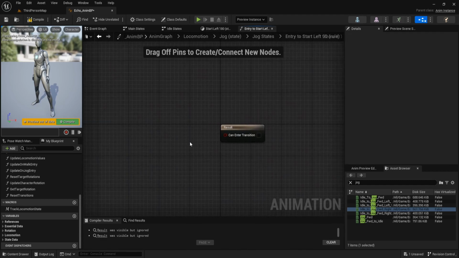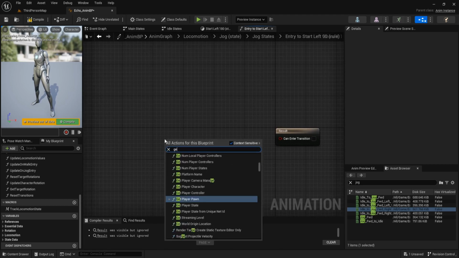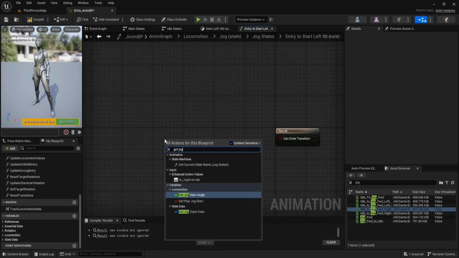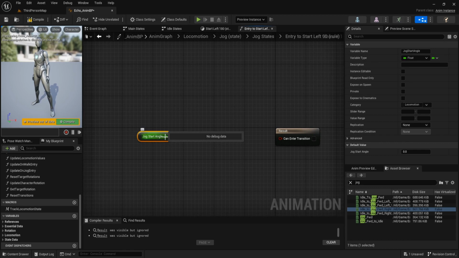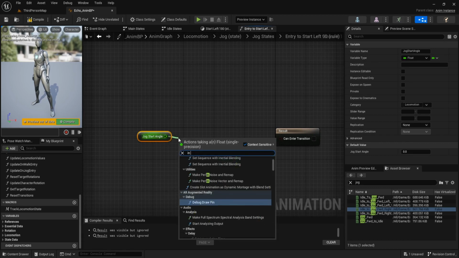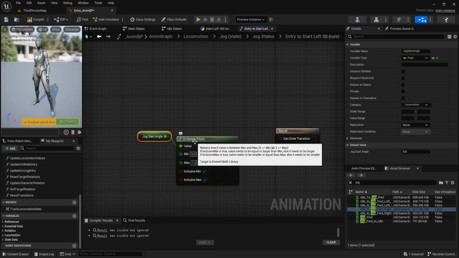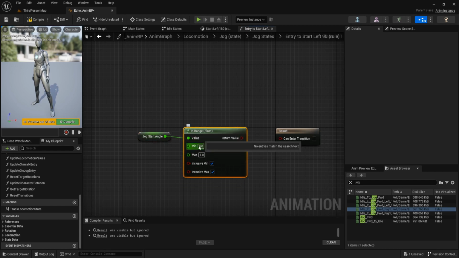Double click on this. Get jog start angle, call in range, float. The min is minus 135 and max is minus 45. Connect it to result.